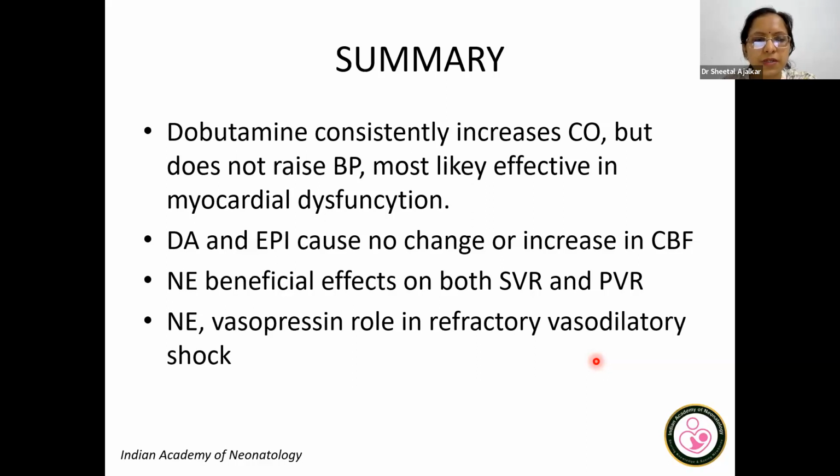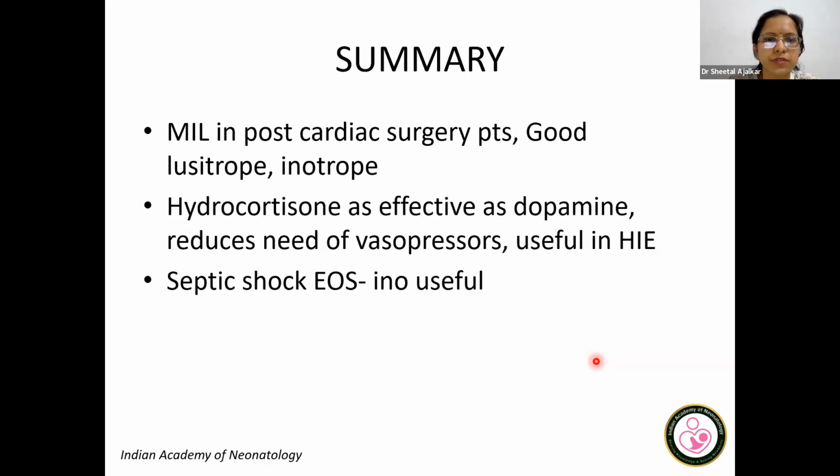And similarly, vasopressin for refractory vasodilatory shock and in pulmonary high PVR. And hydrocortisone, definitely we know the steroids are useful. They help in weaning of the inotropes. So milrinone in the post-cardiac surgery patients, and hydrocortisone is as effective as dopamine, reduces need for vasopressors, and